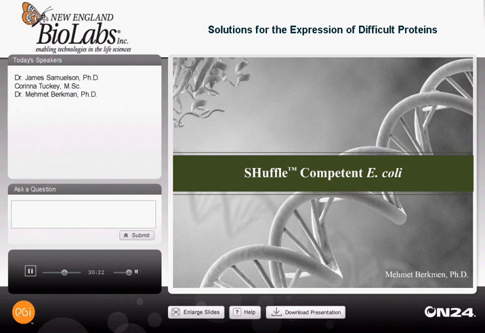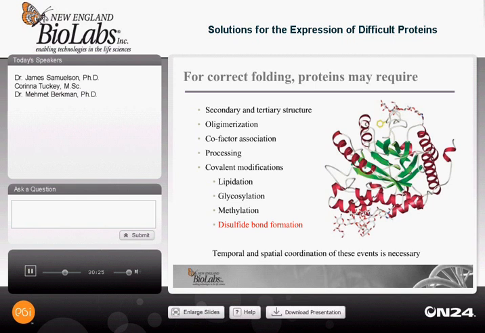The story of protein folding doesn't stop after its synthesis. There are many proteins that require covalent post-translational modifications. This could be proteolytic cleavage of their prodomain for certain secreted proteins, or covalent modifications which attach sugars, methyl groups, fatty acids, or in the case that we're going to talk about today, certain proteins may form disulfide bonds. I'd like to remind everyone that these events in a living cell are highly regulated both in space and in time.